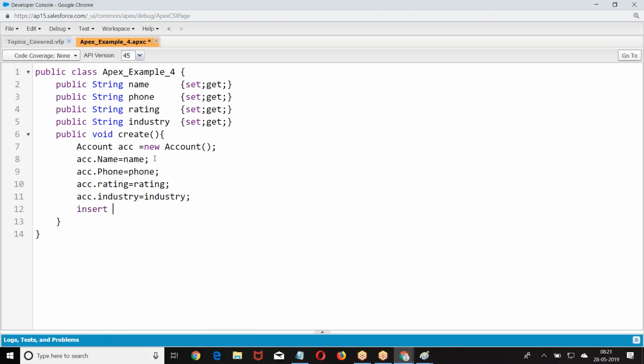Then I give insert. Now what I am doing is, whatever data we are entering in the VF page, I take that data and try to create one account record. In the account table, we are trying to insert one record. Now let me create a VF page.